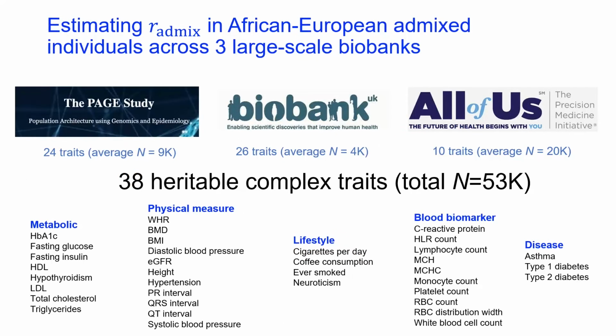So then we applied lots of data, and here we tried to look at all the data that we could get our hands on. Again, guided by the fact that sample size matters in this case, and guided by the fact that it's very hard to look at individuals of African European admixture. So we looked at the PAGE study, which is a multi-ancestry cohort. We looked at the UK Biobank. We looked at All of Us, which overall gives us a sample size of around 50,000 African European admixed individuals. And that includes African Americans, Afro-Caribbean from UK Biobank, and all sorts of individuals that self-report in various different ways.